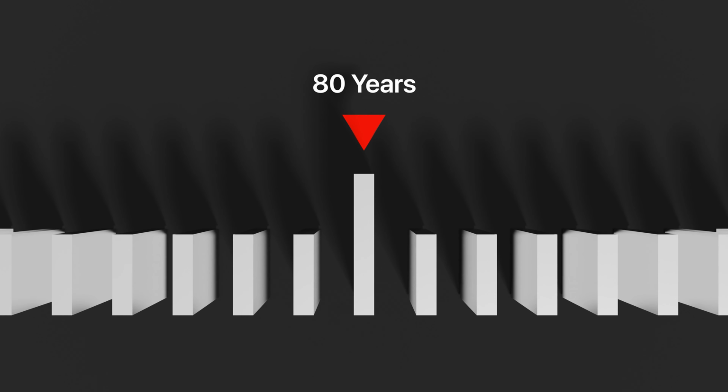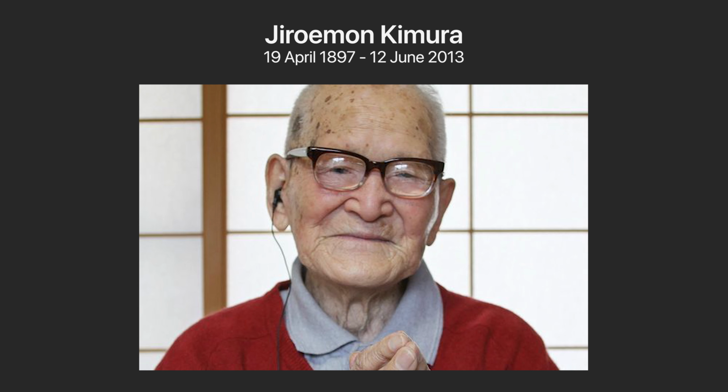The average lifespan of someone from a First World nation is 80 years. Significant time has passed since the First War, and it's rare to find veterans who endured both Great Wars. Over the past few decades, many authors and filmmakers rushed to capture stories from survivors before they're lost. The 12th of June 2013 marks the day of Jerome and Kimura's passing, the last survivor of the Great War.